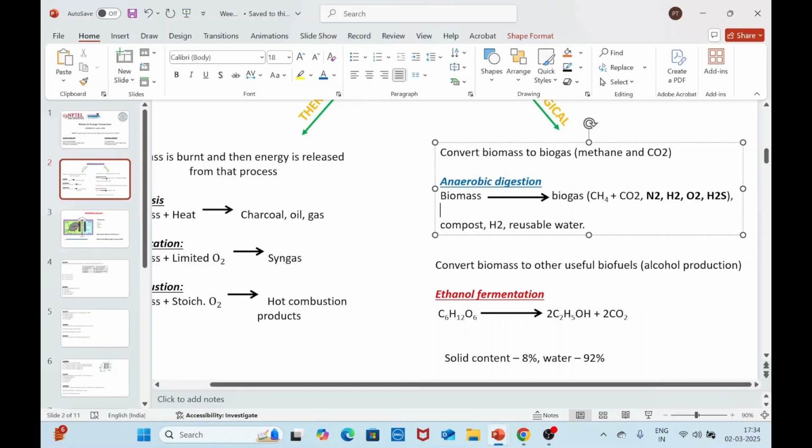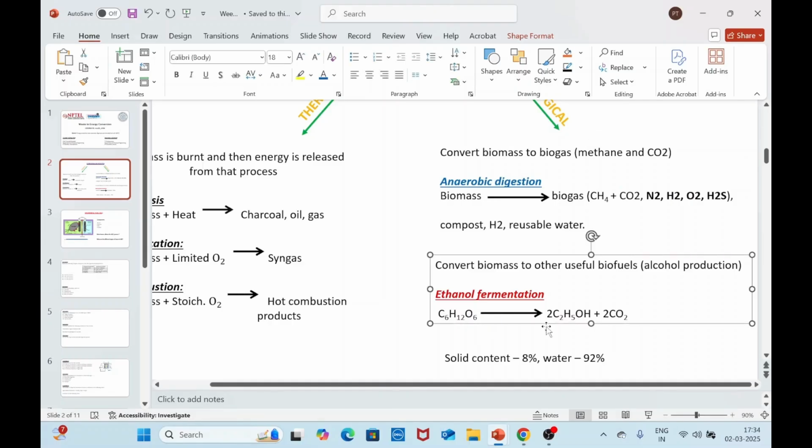So let's keep this biomass conversion up to here, and let's move towards the fermentation process. The second process of this biological conversion route is going to be your ethanol fermentation. Here you're going to use some sort of bacteria, or fermentation bacteria, to convert your sugars into alcohol plus carbon dioxide. This is one of the examples. So you have your C6H12O6. I hope everybody knows the general name for it.